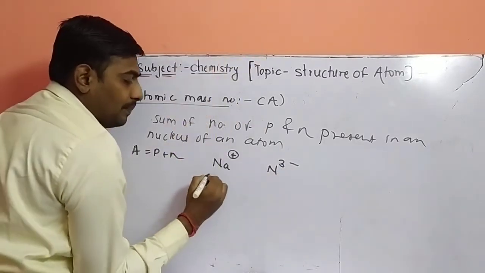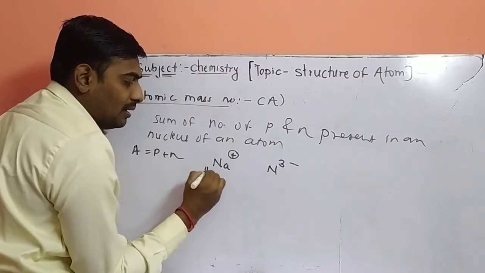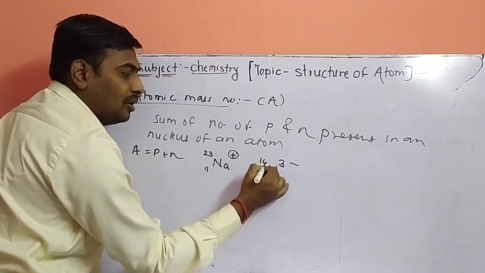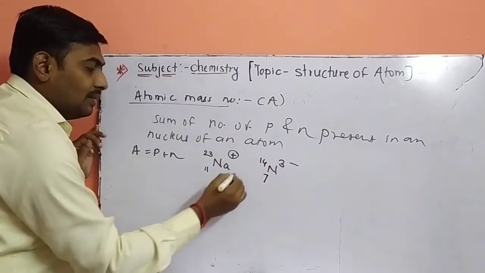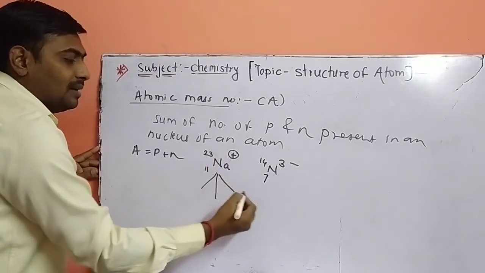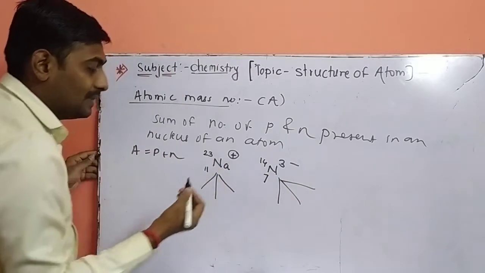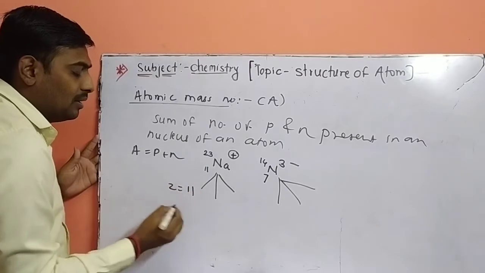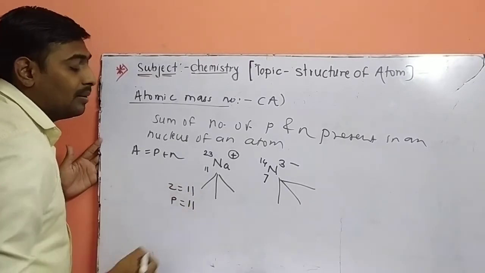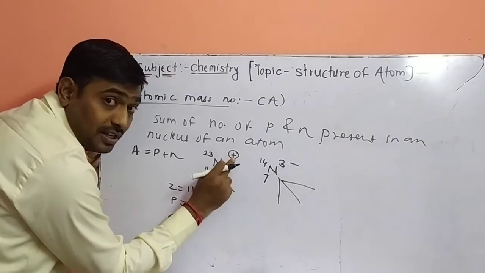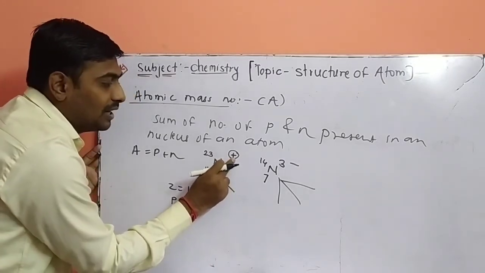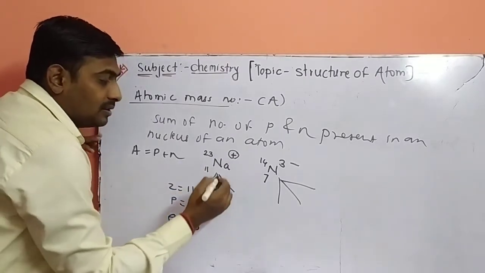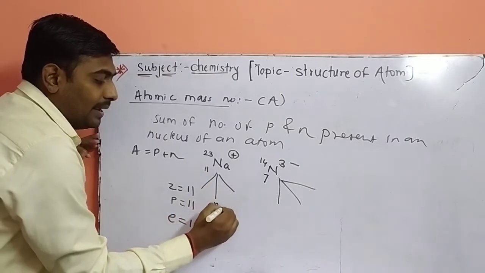So at that time, what is your atomic number? 11, atomic mass number 23. Nitrogen: atomic number 7, atomic mass number 14. We will discuss the first species now, and the second species later. For this species, what is Z? Z is 11. The atomic number is 11, so protons are again 11. But how many electrons are present? One electron is lost here. Positive charge means lost electron, so one electron lost means 10. One value decreases. Second, how will you calculate the atomic mass number? A.